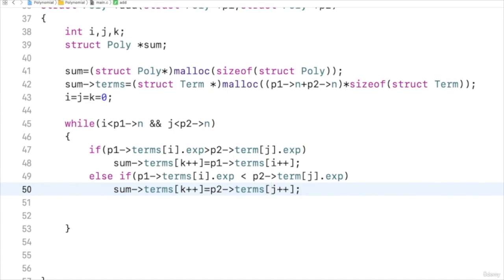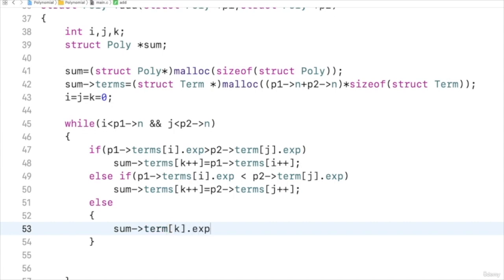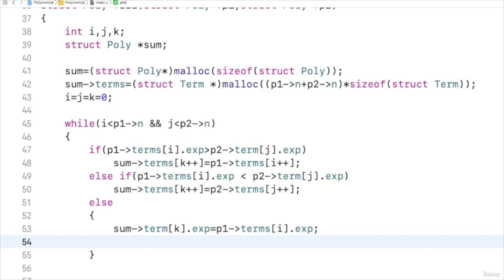If the first one is greater, copy that one; otherwise, copy the second one if the second one is greater. Now finally, else, it means both of them are equal, so I should add the coefficients and the exponent should be the same. So sum's terms of k dot exponent should be the same as P1's terms of i dot exponent. So first I have finished the exponent, then let us take the coefficient. So terms of k plus plus, I will do